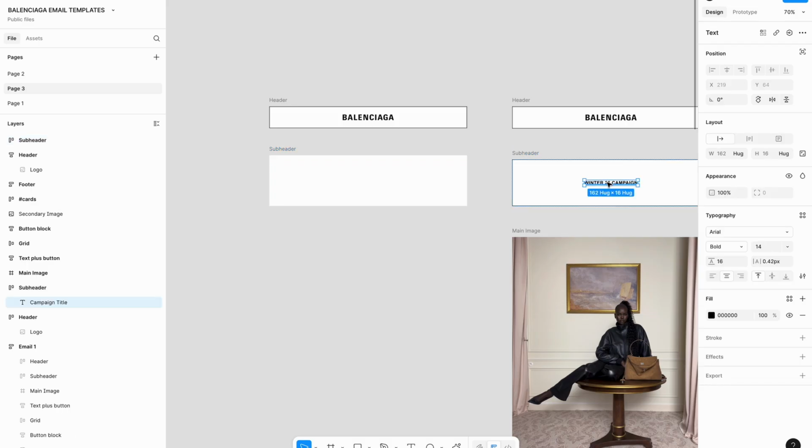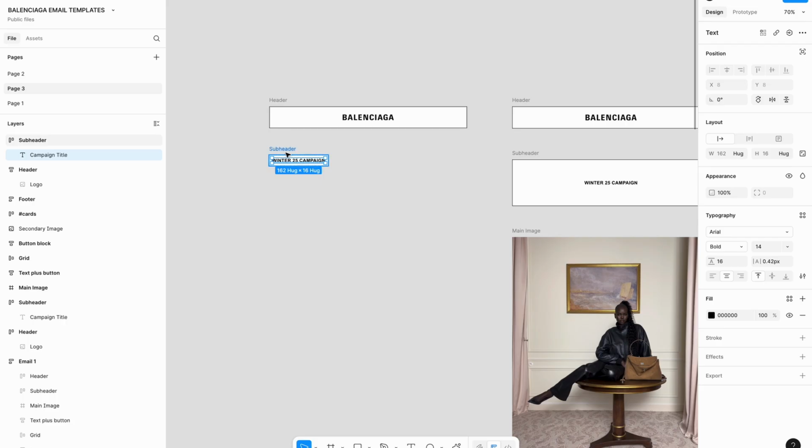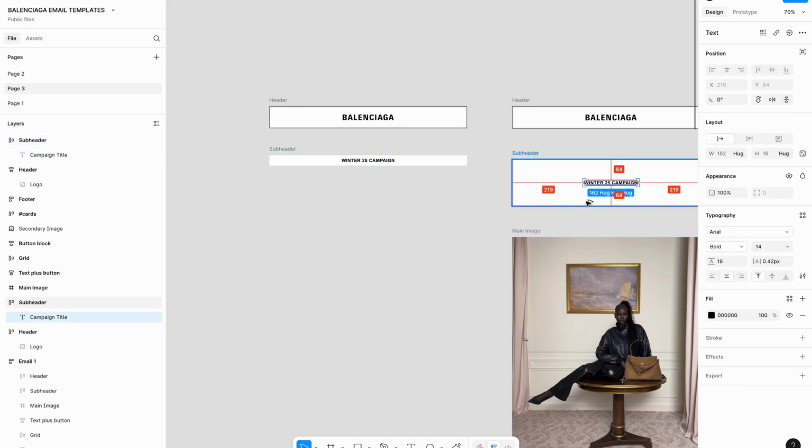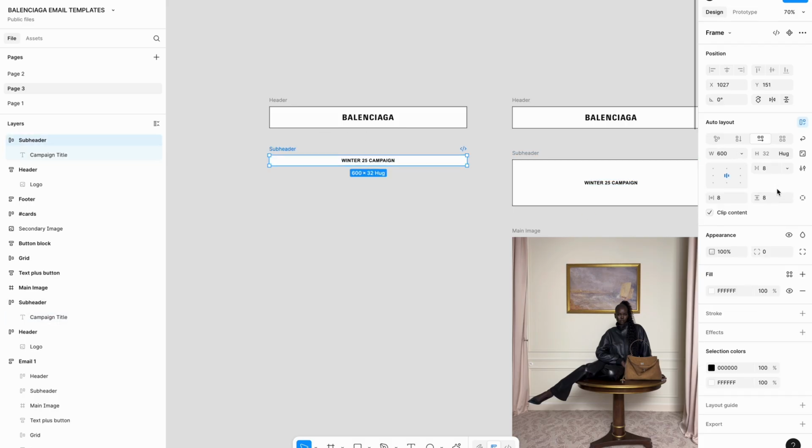And then prepare your text and put it into your frame. So I set the width as in our template, then set center alignment for the text and update some spacing, vertical spacing,